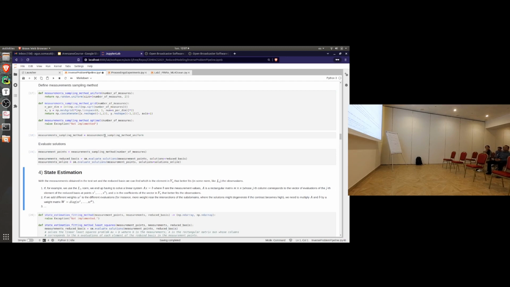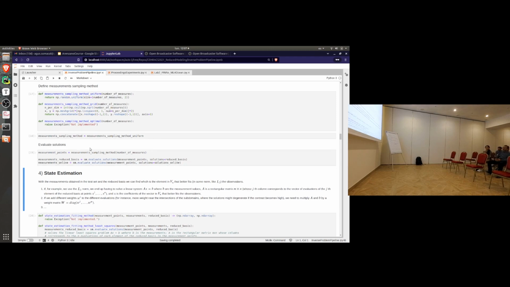So we need to evaluate. Okay, now we will go into the passive settings. The measurement points where we will measure are given, so beforehand, given our reduced basis, we can get the evaluations for each of these reduced basis vectors at the points of measurement, which will allow us to build our matrix that we want to invert or solve the linear system that will